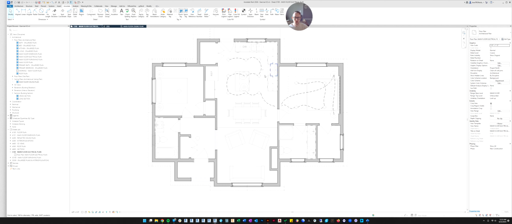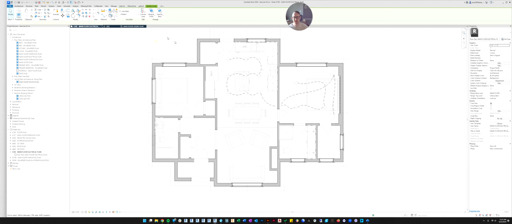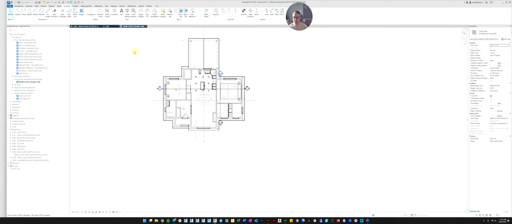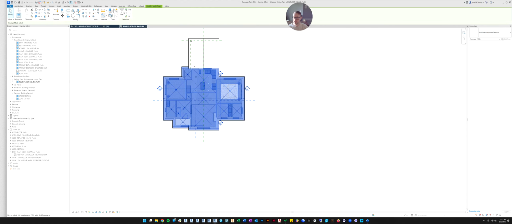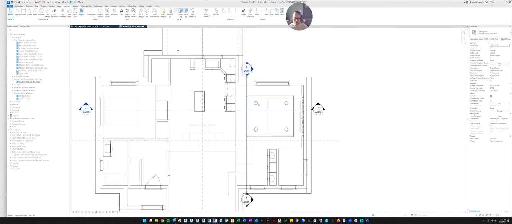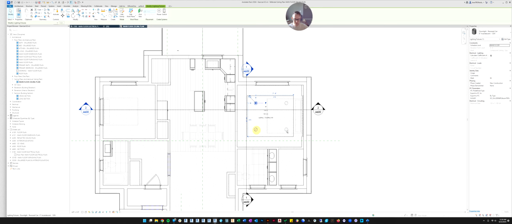It didn't grab all of my lights because they're technically not in the view. They're in the underlay. So I have to go back to the ceiling plan if I want to get rid of the lights. So I'm just going to mass select. I'm going to hit the filter button, check none, and I'm going to hit lighting fixtures and click OK. And now it's selected all the lighting fixtures. I'm going to delete those. For some reason, it didn't get these ones. So we'll get them one by one and delete.